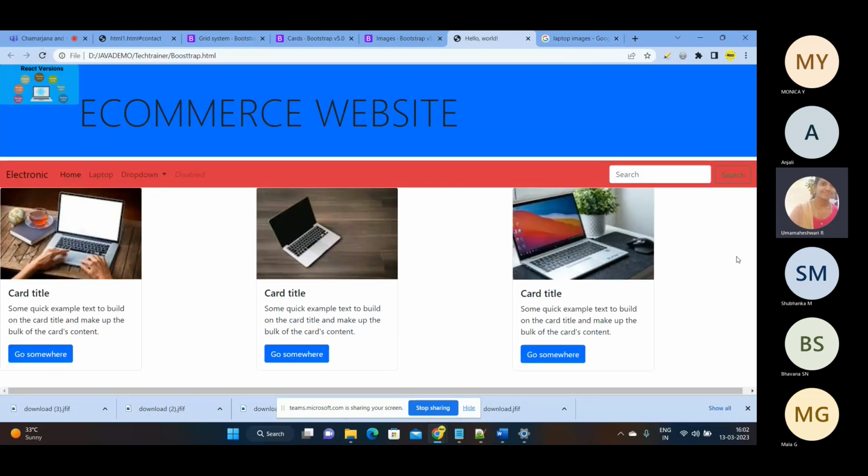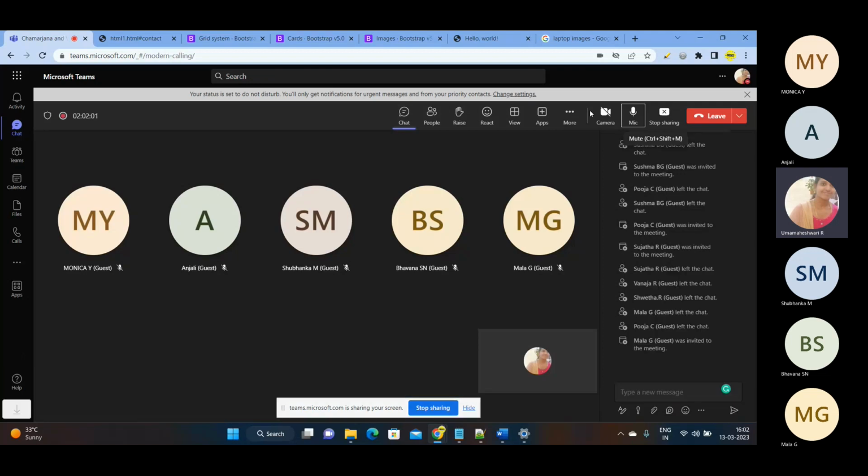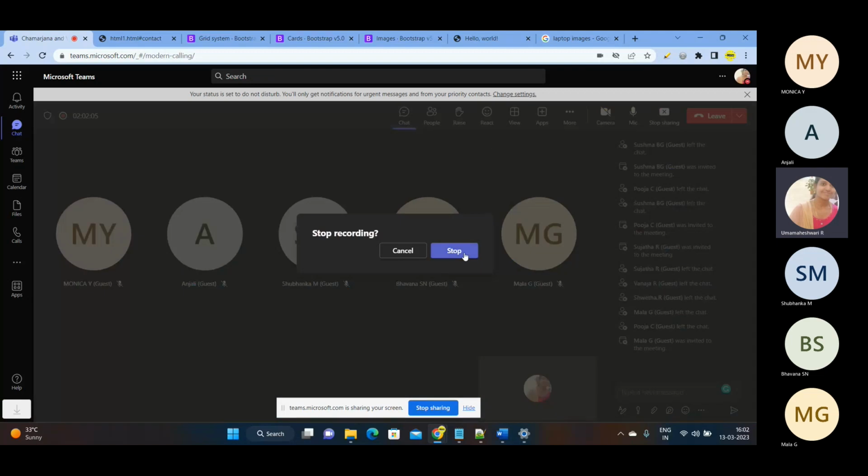Here you can see the elements, the card has been placed clearly. Like this, you can also create. Guys, I hope you have understood what I'm trying to say. Clear how to create a project using